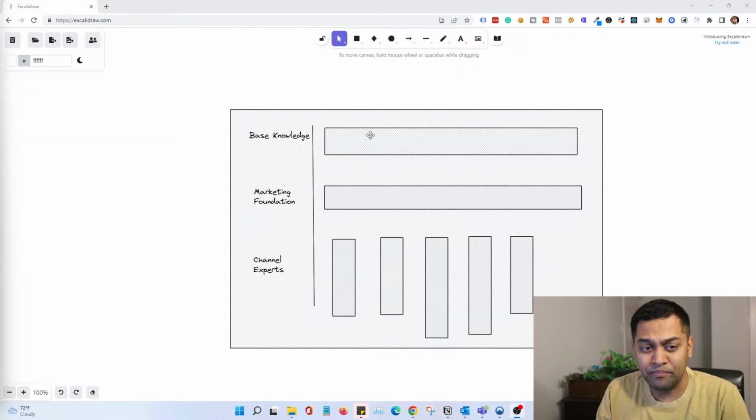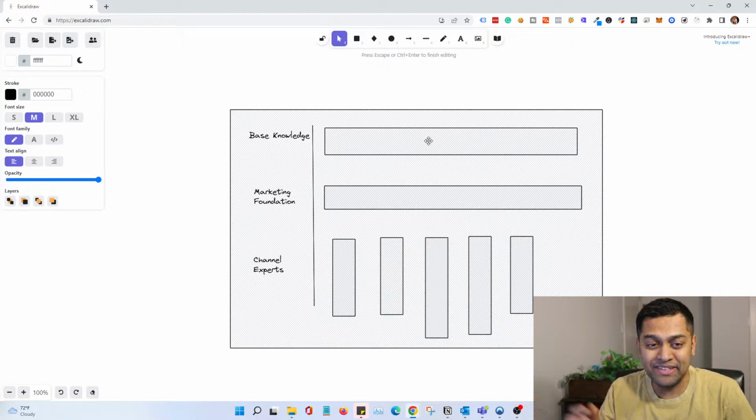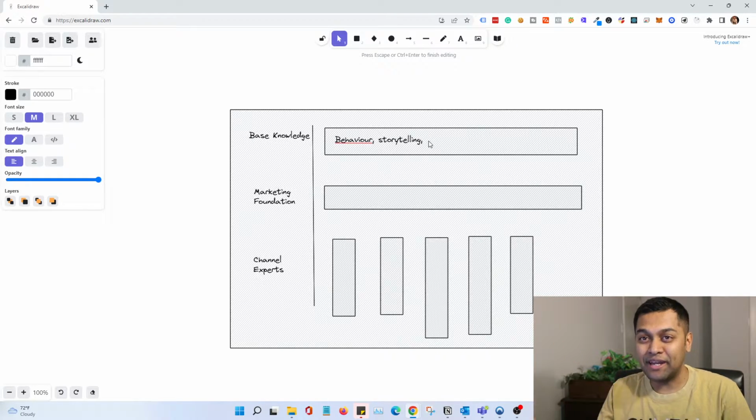So at the base level, whenever you go about creating a marketing team or a digital marketing team, whether it's the size of 1, 2, 3, 5, 10, 15, doesn't matter, you need to understand the base knowledge of marketing. What I mean by that is it needs to cover basics such as understanding the behavior of the business. We need to take care of storytelling, and then it needs to include basics about which market you need to get into in terms of promotions. So that includes data and insights,